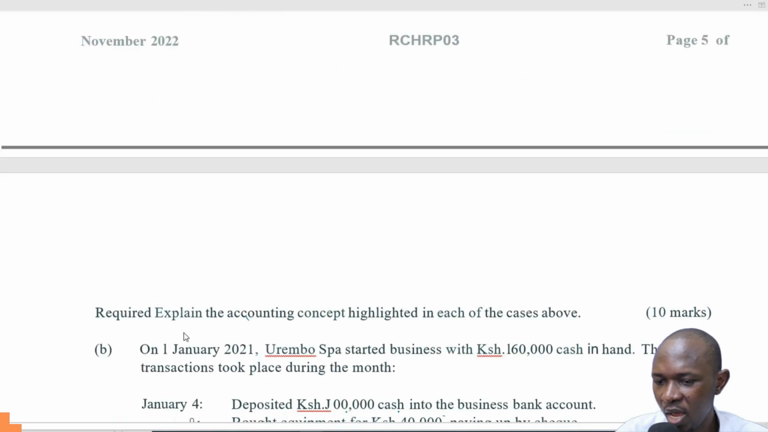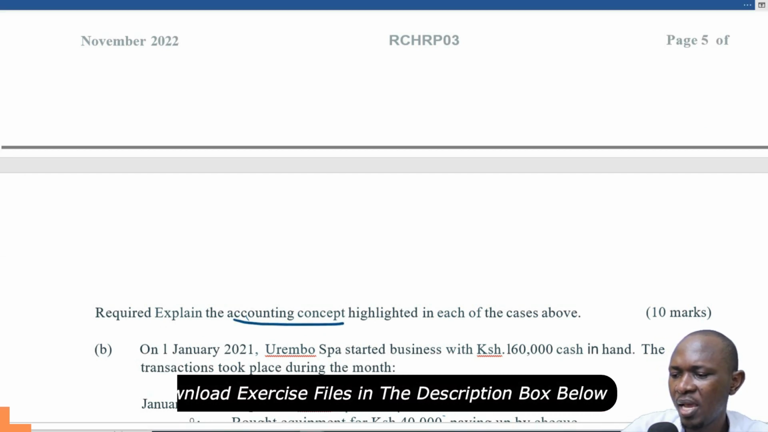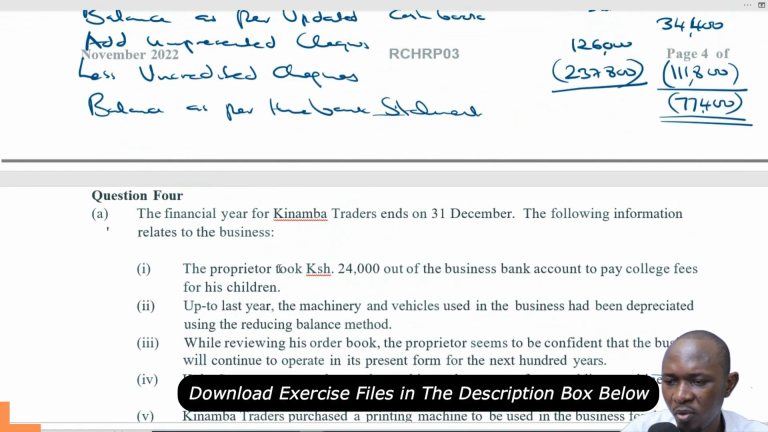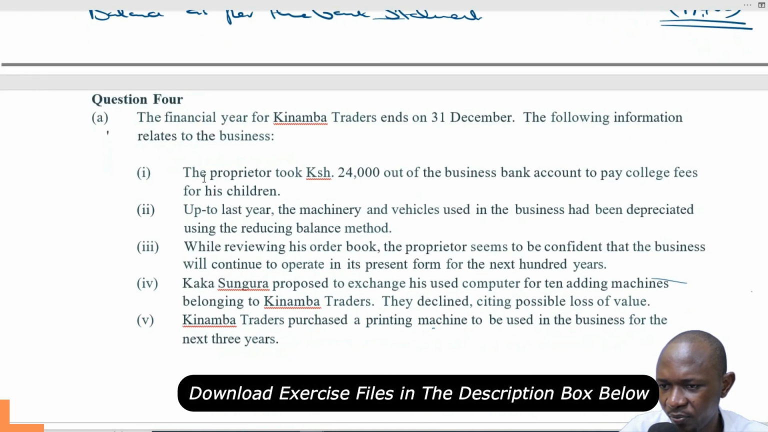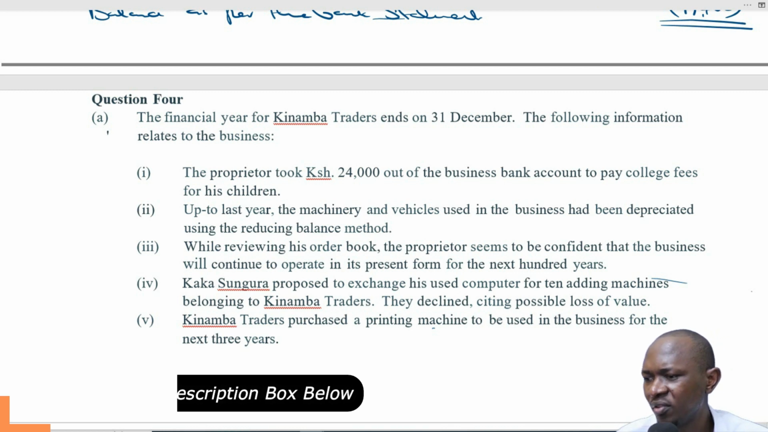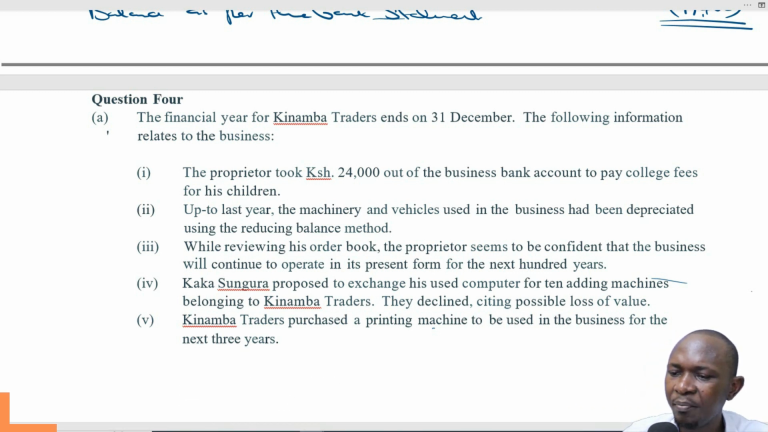The question is required. Explain the accounting concept highlighted in each of the cases above. Now we have the concepts, conventions, principles, all of them, we'll put them together. So let's see. Number one, the proprietor took 24,000 out of the business bank account to pay college fees for his children. This is the business entity